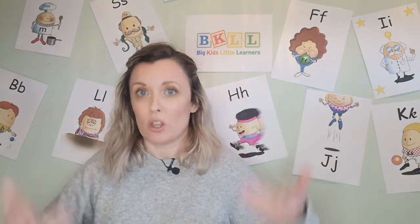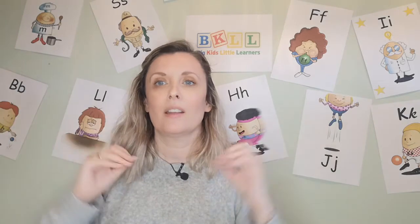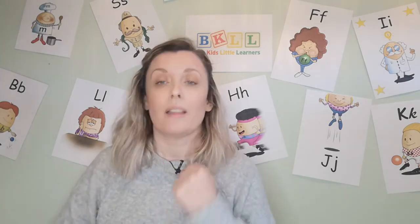For J, we jump, j, j, j. For S, s. For F, f, f, f. So we have all these signs, and again, these are cues for the children. So if a child is looking at a letter and they're not sure what that letter is, if you just look at them and make the sign, that's enough sometimes for them to go, oh, it's